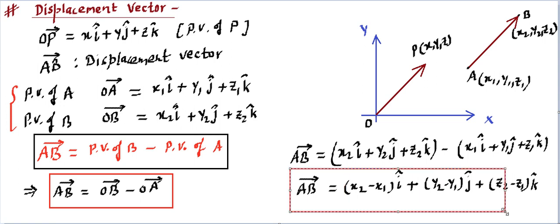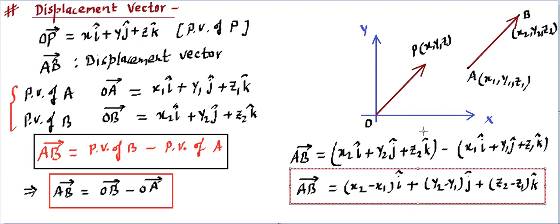So we can say, for this particular type of coordinates, this is going to be the vector AB, which is known as a displacement vector. That means the particle is moving from location A and reaching location B. So initial location to final location is known as a displacement. This displacement is a physical quantity, and in the next chapter, kinematics, we will be defining it. Its definition will be exactly this: when a particle goes from one location and reaches another location, the vector joining initial to final locations is known as the displacement vector.